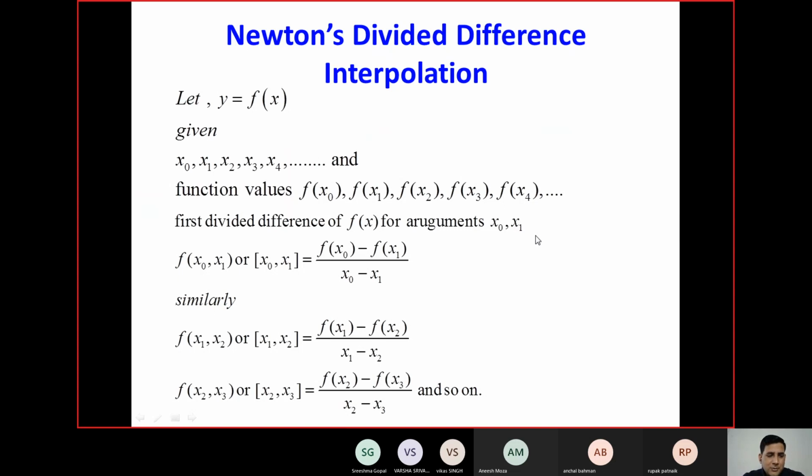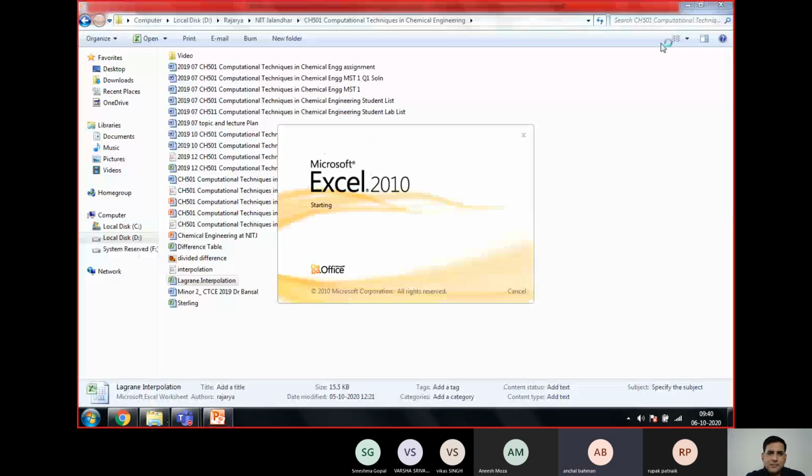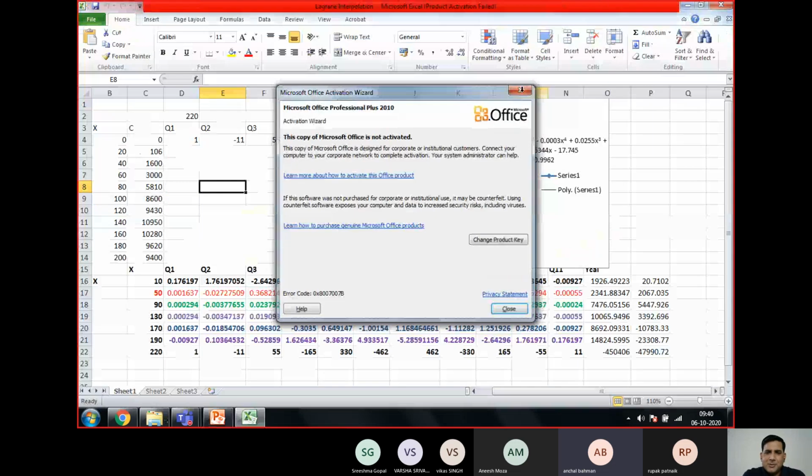Divided difference is another technique which goes to a higher precision. Previously, that question got missed. I was talking to you yesterday about what was wrong in that one. Did you people find out that answer? Yes, sir, I did. The answer is somewhat close. Tell me, what is the answer?